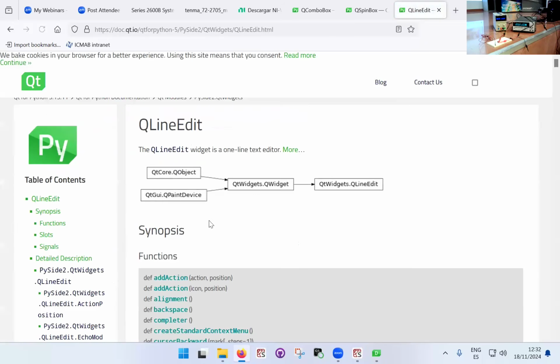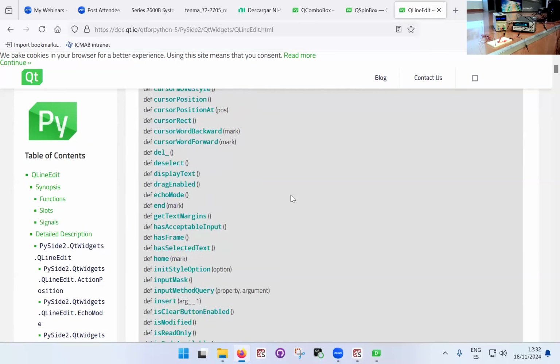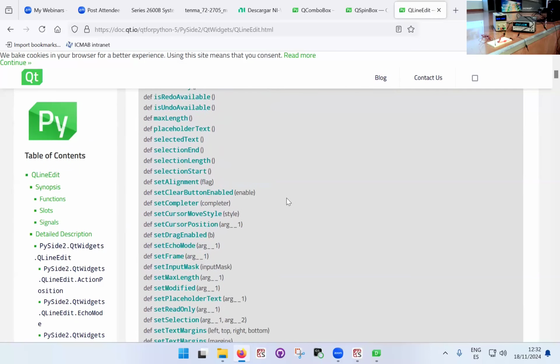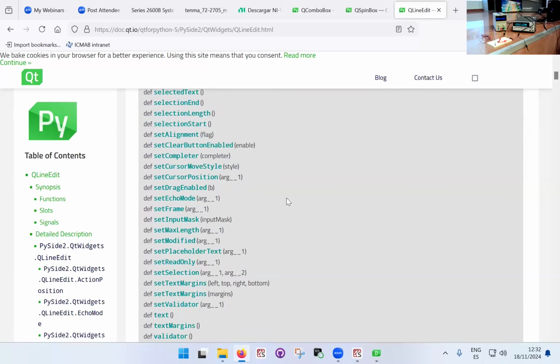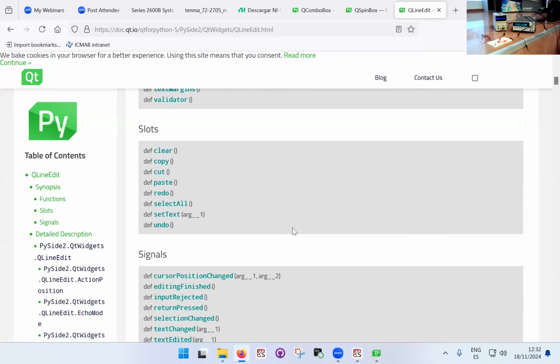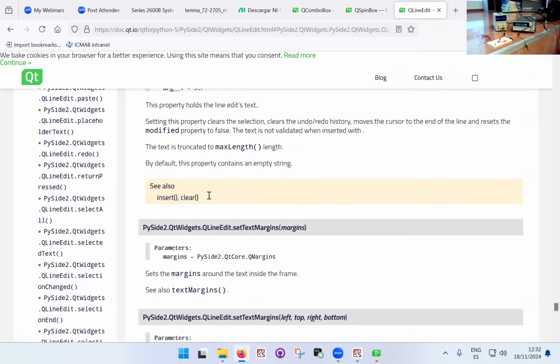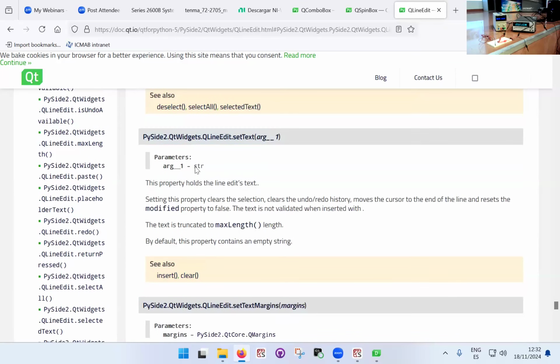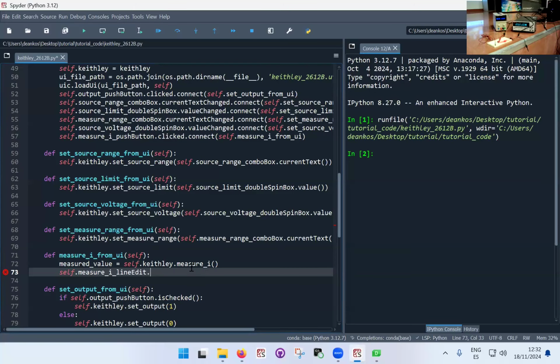Q line edit. I go here and then I go have a look. And I already know that what we're looking for is set text. Because the first time you do it, this might take you a little bit of time, but this holds the line's text, so we can use the set text function. Set text,